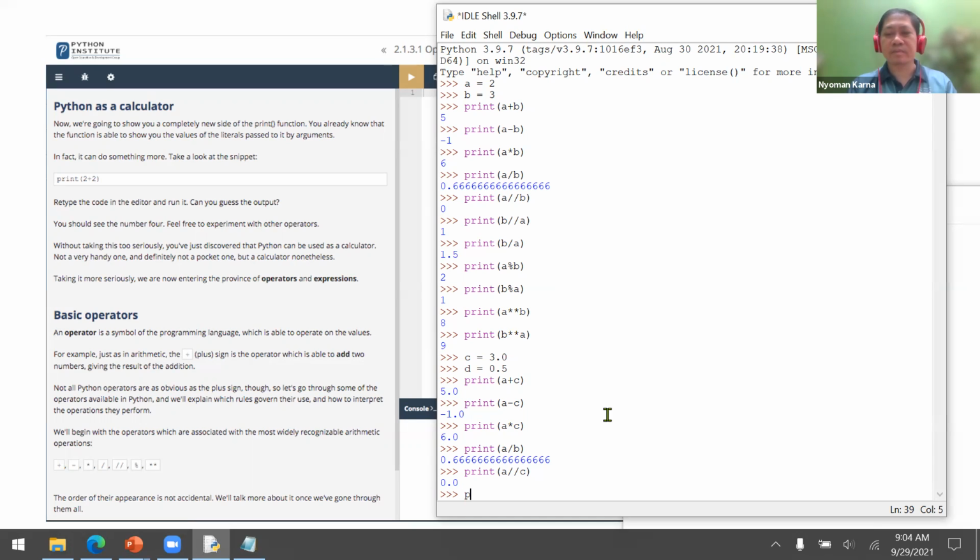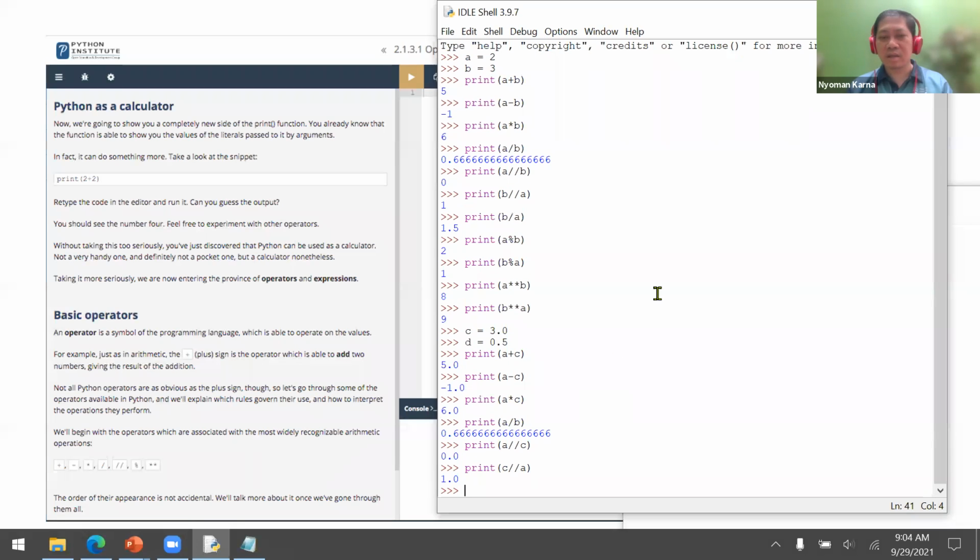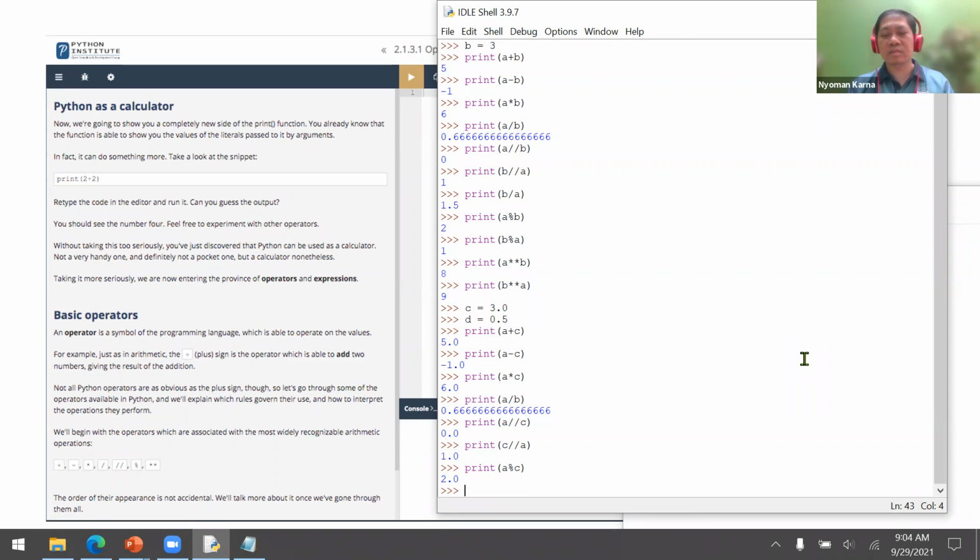Okay, now how about C double slash A? Same thing, 1.0, like this. Although this example is in float type. Now, how about the modulo? Let's try A modulo C. This, it's 2, but it will give a float type number.